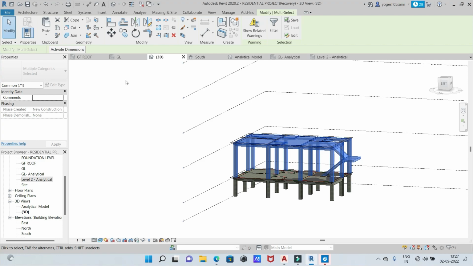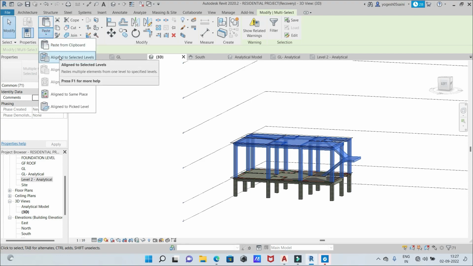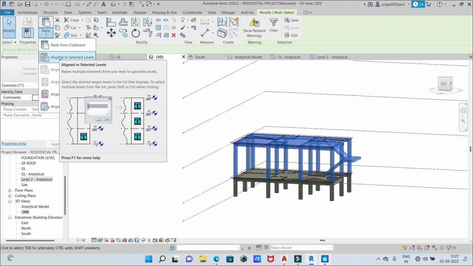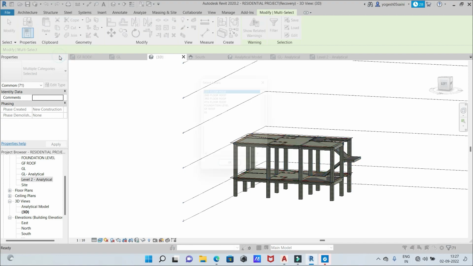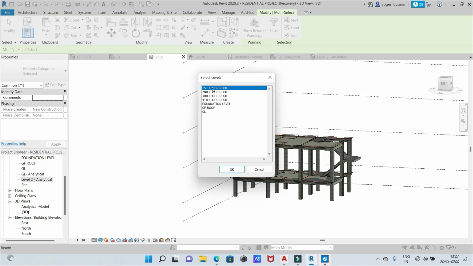After pressing Ctrl C, you will see the paste option is visible here. Just click here and select Align to Selected Levels. So we have to select the levels where we want to replicate our model, okay. Right now the first floor roof is selected here, and just